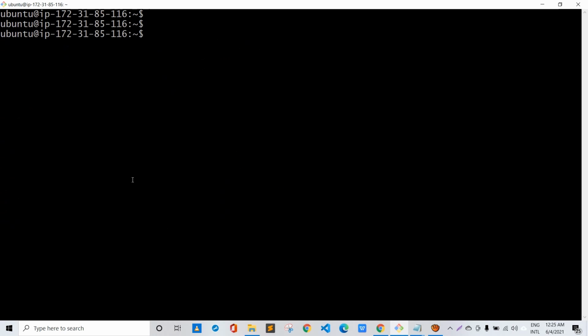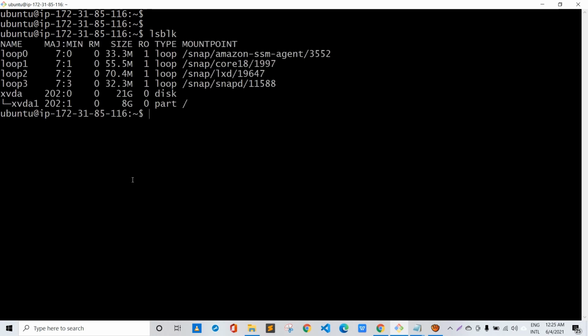and let's do the further work, that is lsblk. Okay, so these device names, that is xvda1 and xvda, are the important things that need to be kept in mind while tweaking the configurations for the reflection of the changes made at the operating system level. So let's begin with the changes.